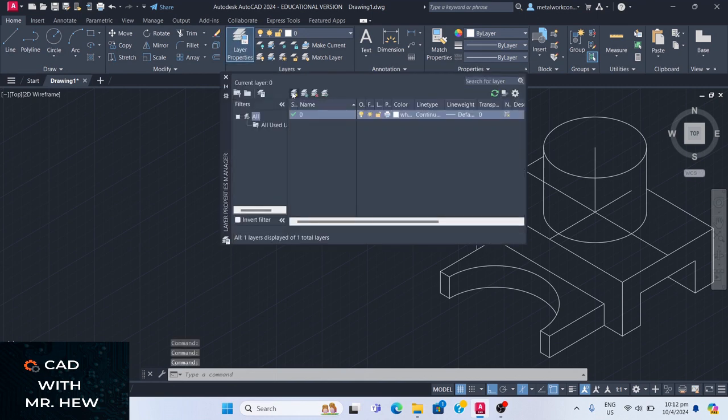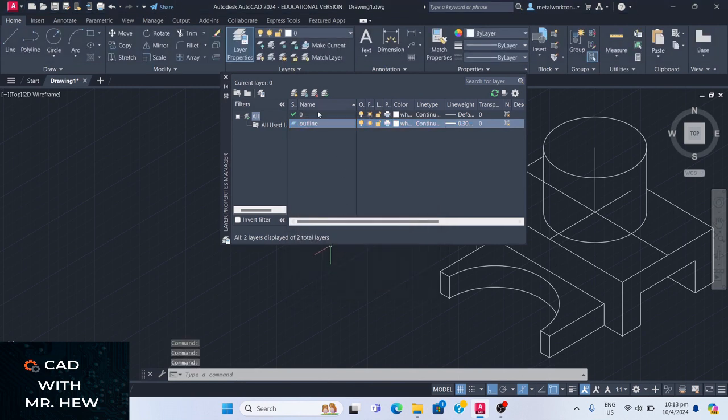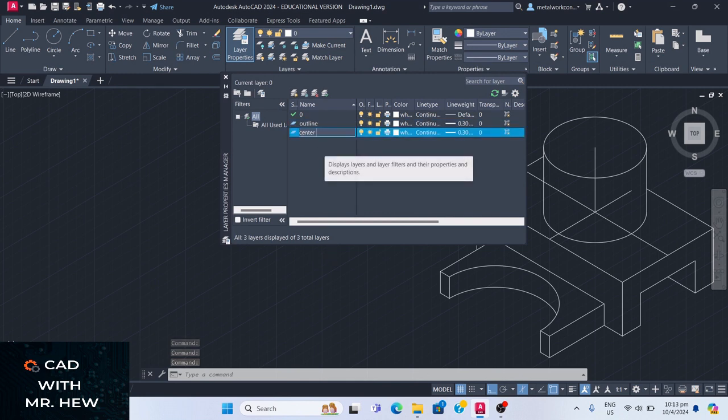We're gonna click here to make a new layer, and we're gonna need outline. Then we're gonna change the line weight to 0.3 millimeters. Press OK. We're gonna make a layer called center lines. Enter. Now, when you're making a new layer, the new layer